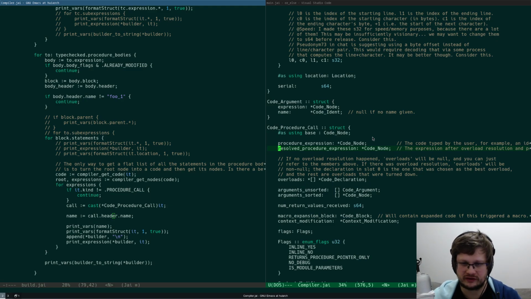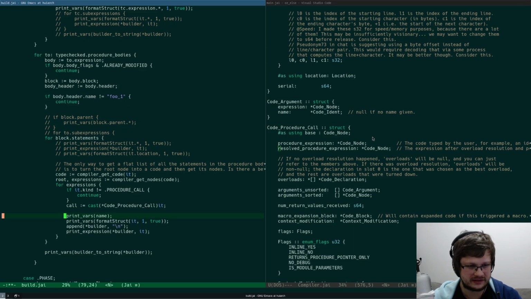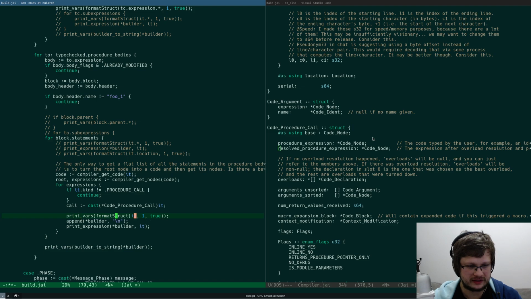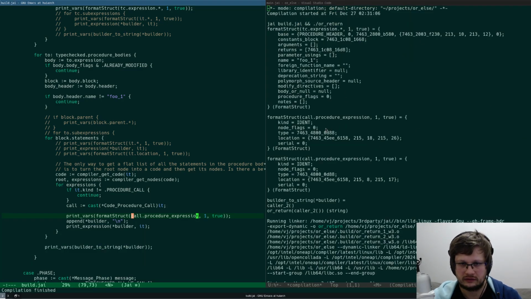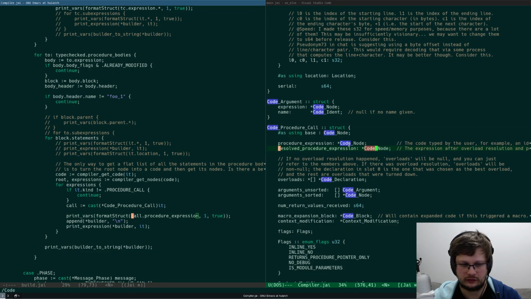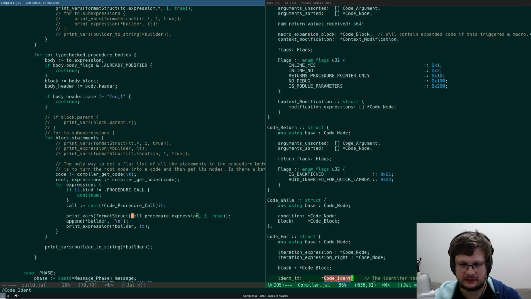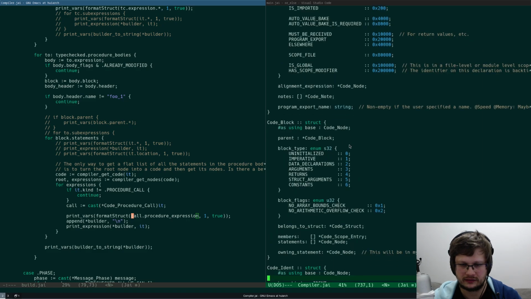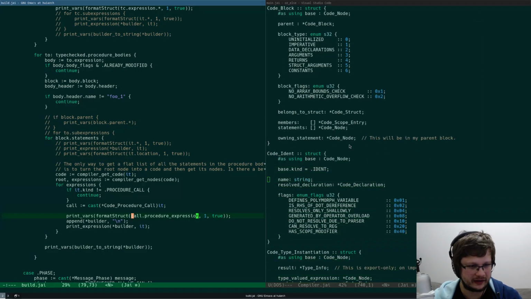We can just get procedure expression, to be honest. Okay, let's format struct. Maybe not it, but call procedure expression. Right, it's identifier. And code identifier has name. Okay.